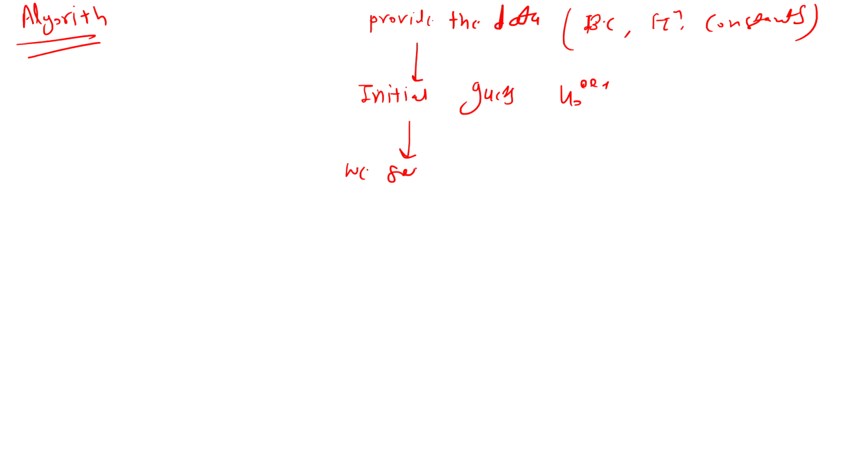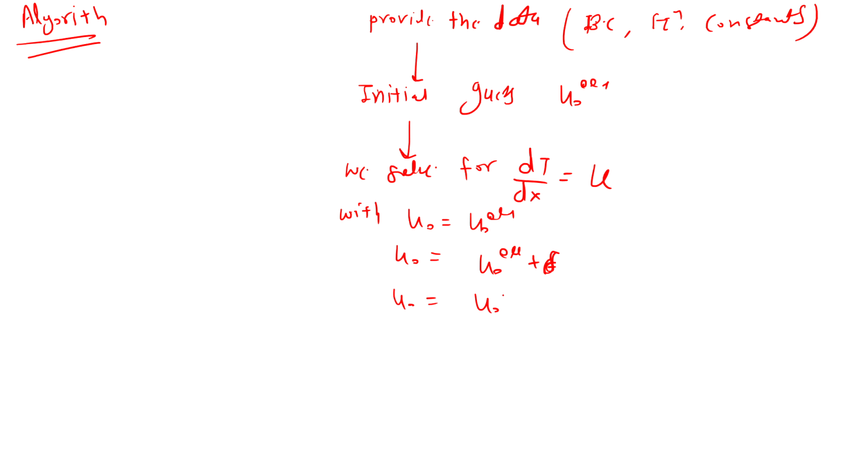We solve for dT over dx with u naught is equal to u naught old, u naught is equal to u naught old plus delta, u naught is equal to u naught old minus delta. 3 IVPs, initial value problems, are solved,